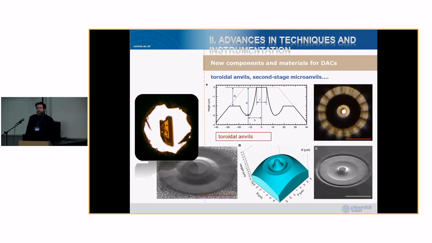And some people had the idea, why not give inside of this top face some additional structure so that you can go to even higher pressures on a very small area. So they have used the focused ion beam technique, which is now something very easy to use and to adapt, just to etch away some structure